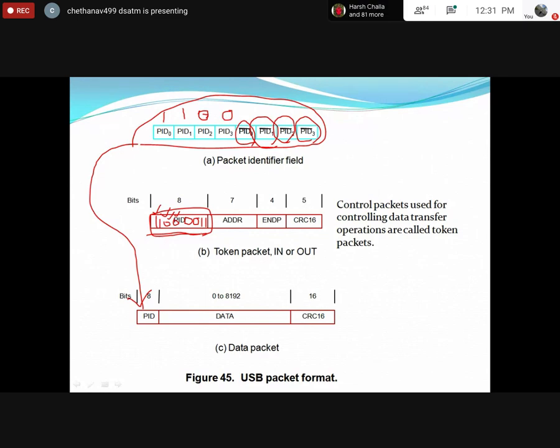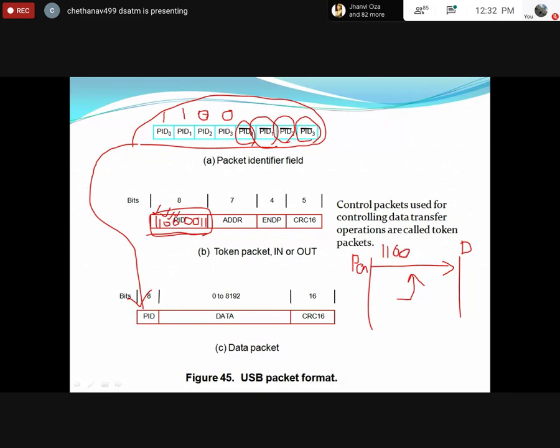Whenever I receive the data packet, there is again error checking. Assume the data comes from a pen drive, and I have transmitted it from the pen drive to my disk. During the transmission, there may be some alteration. Your packet ID may be altered. Whether your data has been altered or unaltered will be identified using this.